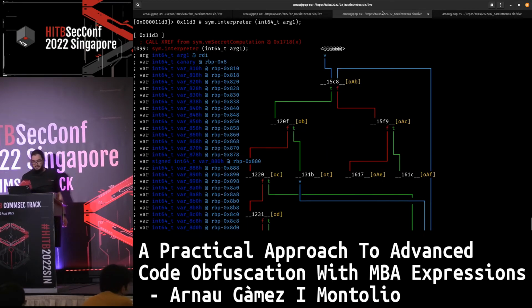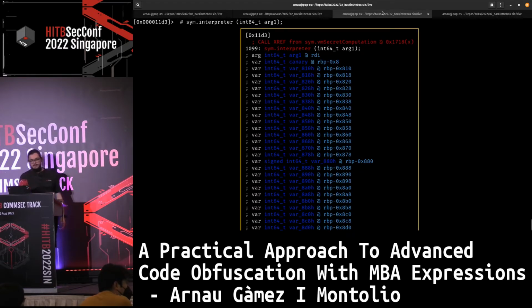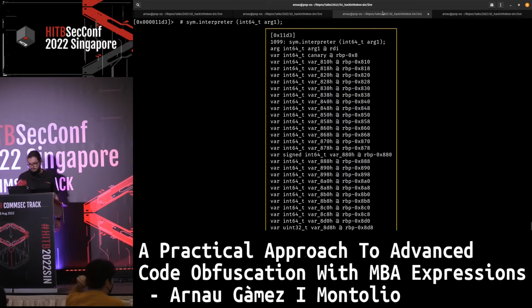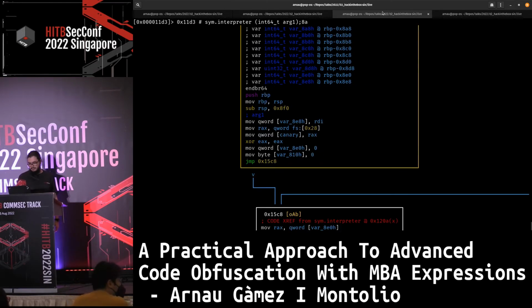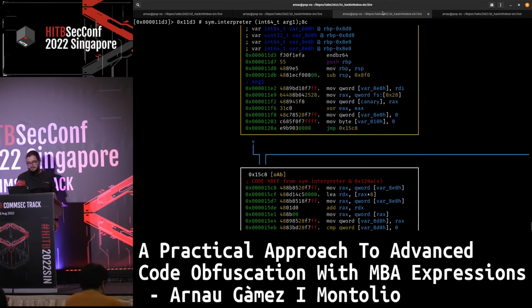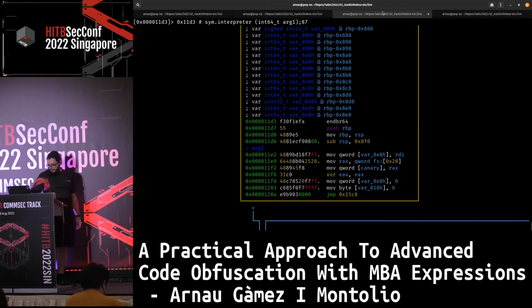This is the interpreter, okay? The control flow graph of the interpreter. Let's just see a little bit of code to make it somewhat more digestible. Not here. Here, for example. Here. Okay. The first thing that's happening in the interpreter is